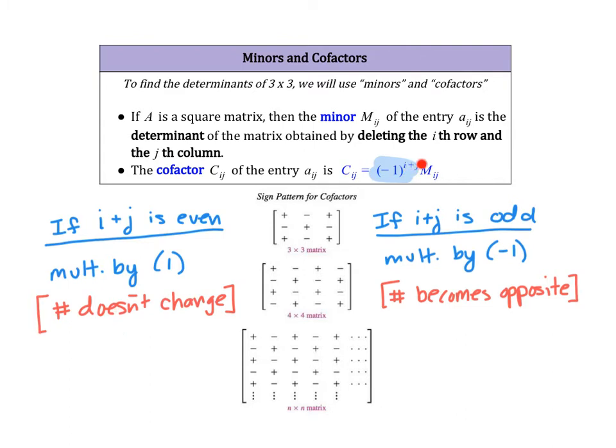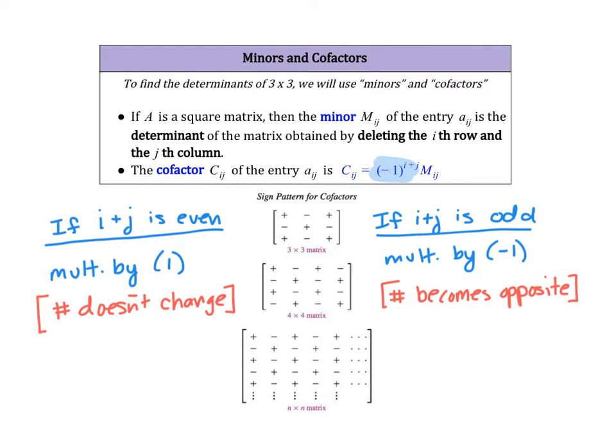If the sum of i and j is odd, well then here in this formula, you're raising negative 1 to an odd power, which maintains the negative. So you essentially take your minor and you multiply it by negative 1. So the number becomes the opposite. So this sign pattern is essentially what's being created by this that's highlighted in blue. It creates kind of this checkerboard of